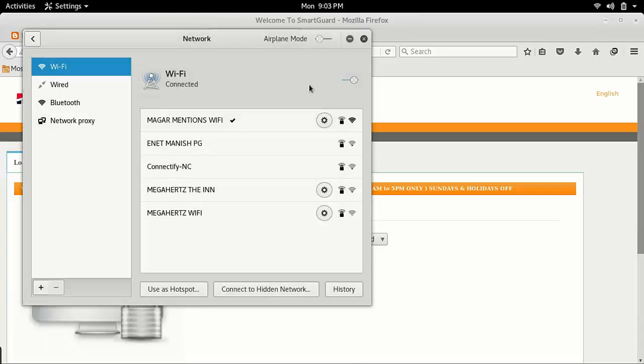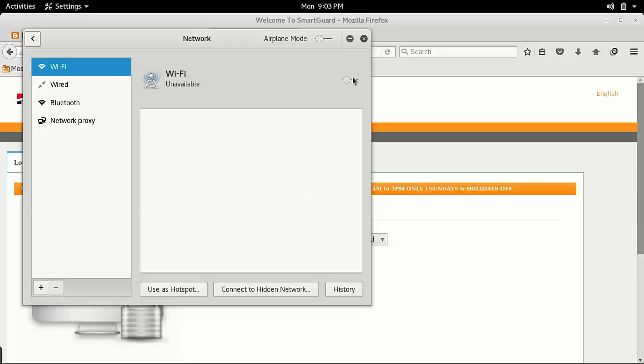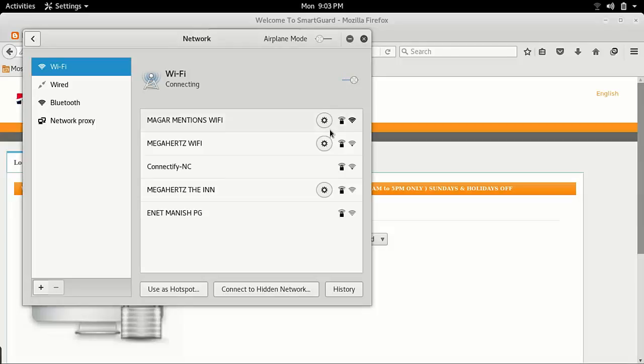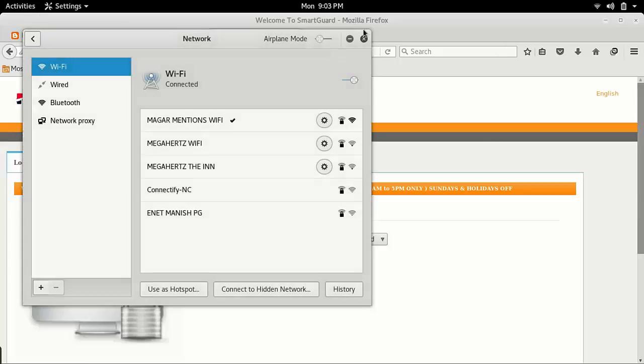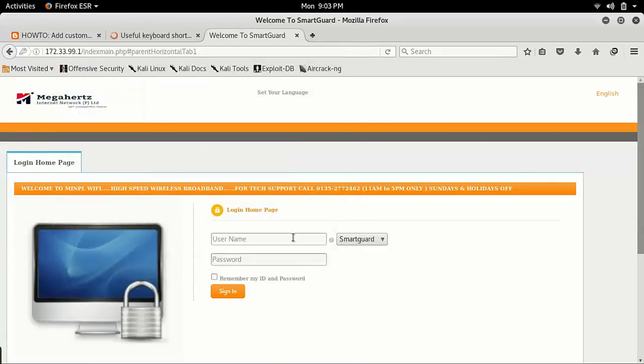It is again not working because now I have to turn off my Wi-Fi and turn it on again. Yeah, it's connected. Let me check whether it's changed or not. Yeah, now it's changed. Now I will again type the login credentials of my friend's account.